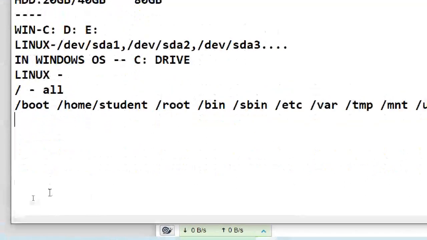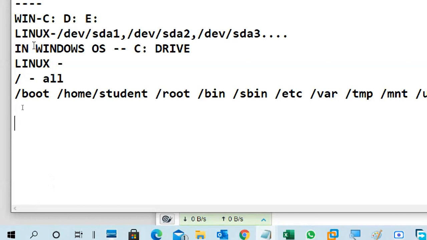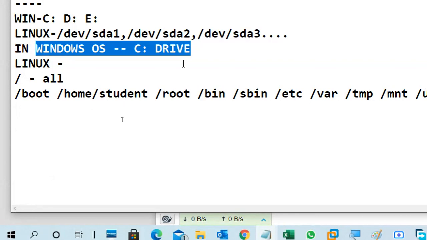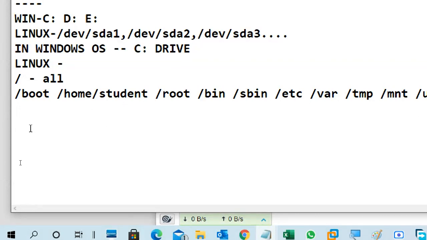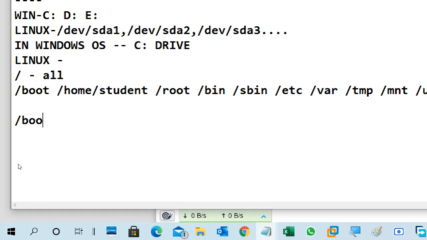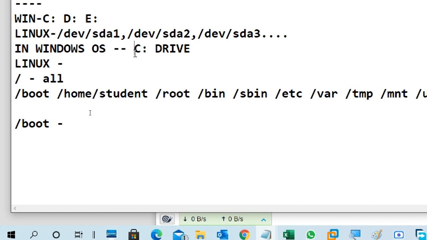As I said earlier, Windows stores the entire OS, all files, into one single drive. But here we have a boot directory, so we have to create a separate partition for it. C drive is one partition, right? Like that, boot is one partition, so we store all bootable files in one partition.